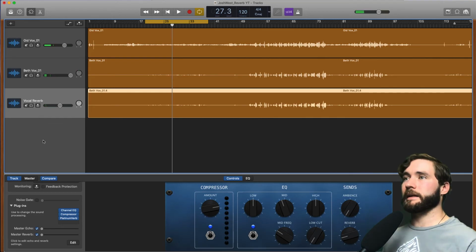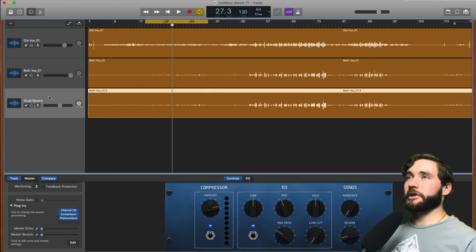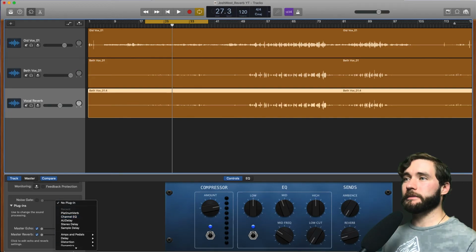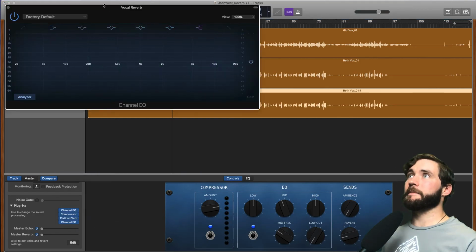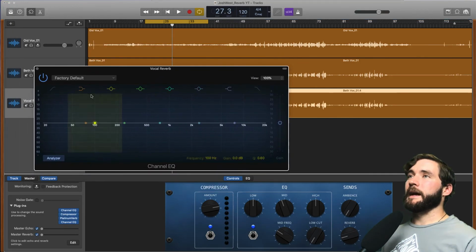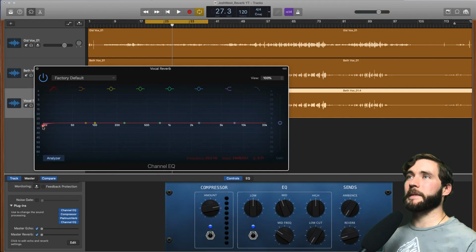Cool. So that sounds like it's in a decent spot. And now we're going to do one more thing to make this reverb perfect. Make sure you're clicked on your vocal reverb track, and I'm going to add one more EQ. So we're going to go to Channel EQ, right after our Platinum Verb. And then I'm going to click this little slanty guy right here. This is our low cut or high pass filter. When you click that, this little red guy appears. I'm going to click this dot and bring it all the way up to about 200